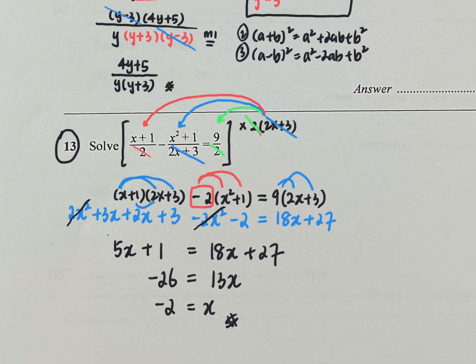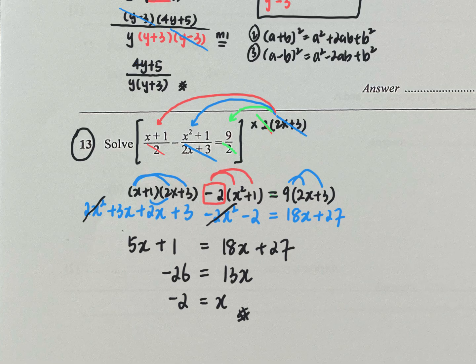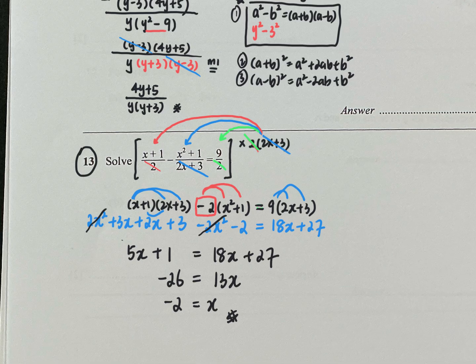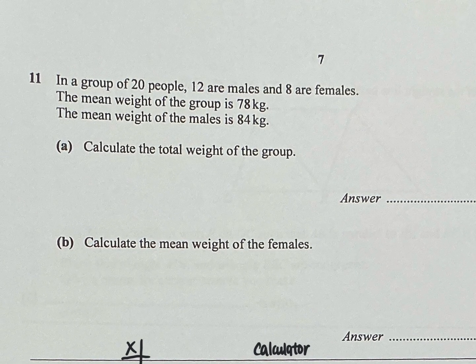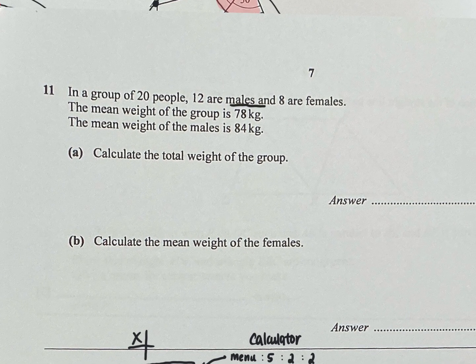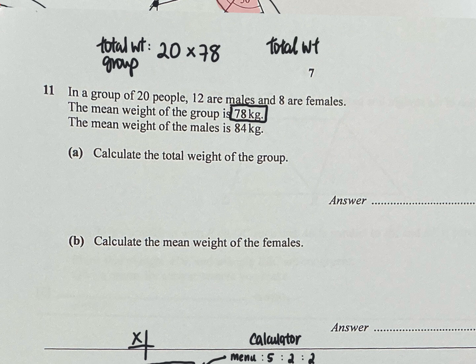Okay, question 11 is not difficult. 11, you just need to understand what is being asked. Okay, 11, 20 people. The mean weight of the entire group is total weight. Total weight of the whole group is 20 times 78. Total weight of the males is 12 times 84. So they want me to find, okay, total weight of the group, this one I have,